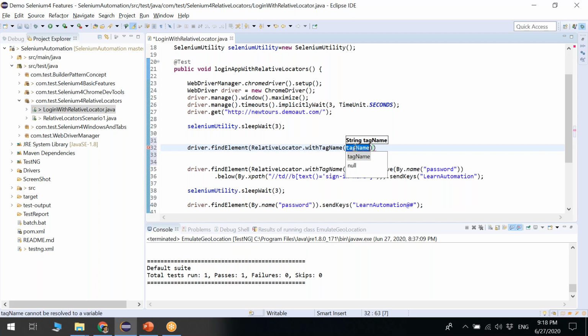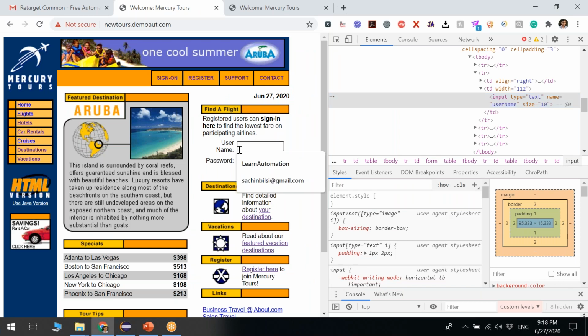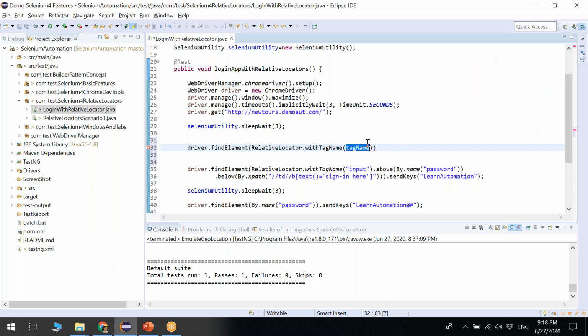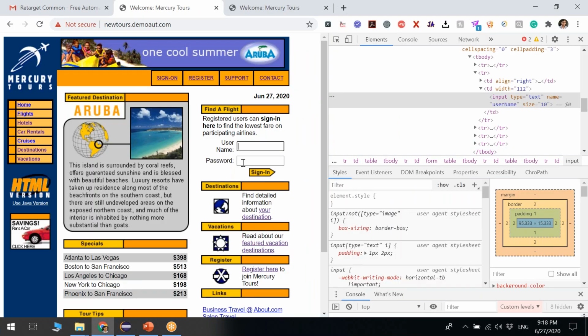You have to pass the tag where you're going to perform the action. I'm going to perform the action on the username, and what is the tag? The tag is input. So I'll pass input here, and I'm going to take the reference of this password field.